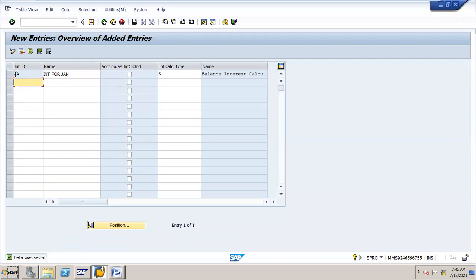Remember, this is the indicator I created there. I told the system this is the loans related interest indicator. Remember, under this interest indicator, we have to do all the configuration. Then finally, this interest indicator we have to assign to the loan GL account. Okay, that is step by step. First I created one indicator, then the second step is